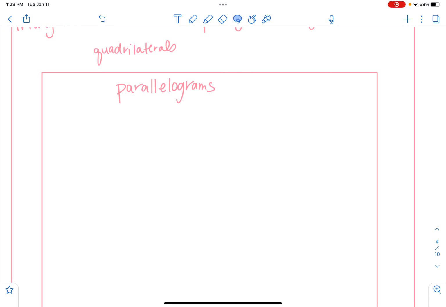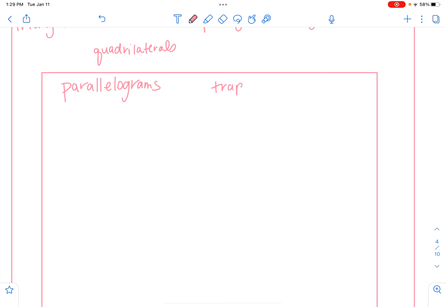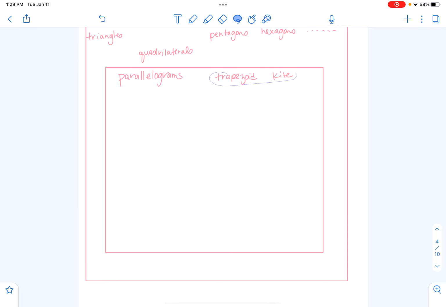So other types would be like a kite or a trapezoid. But we'll do those a different day. So under parallelograms, we had